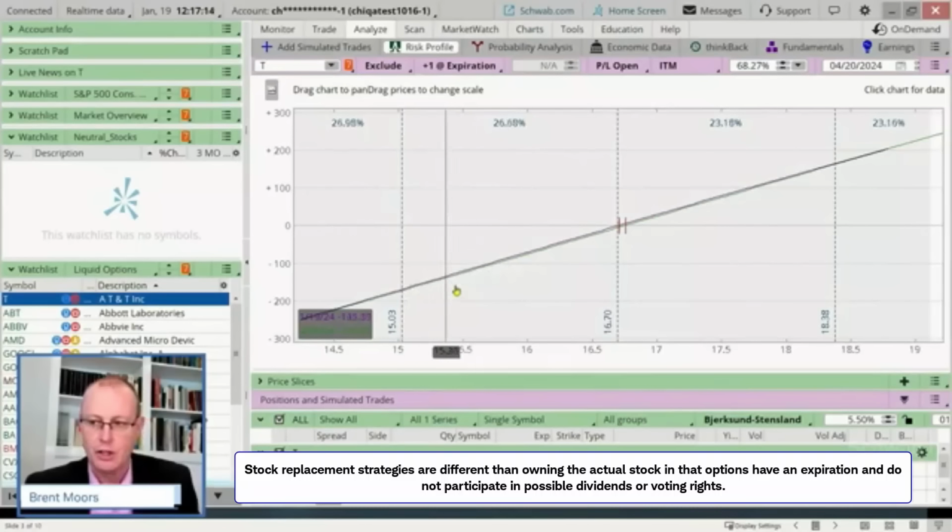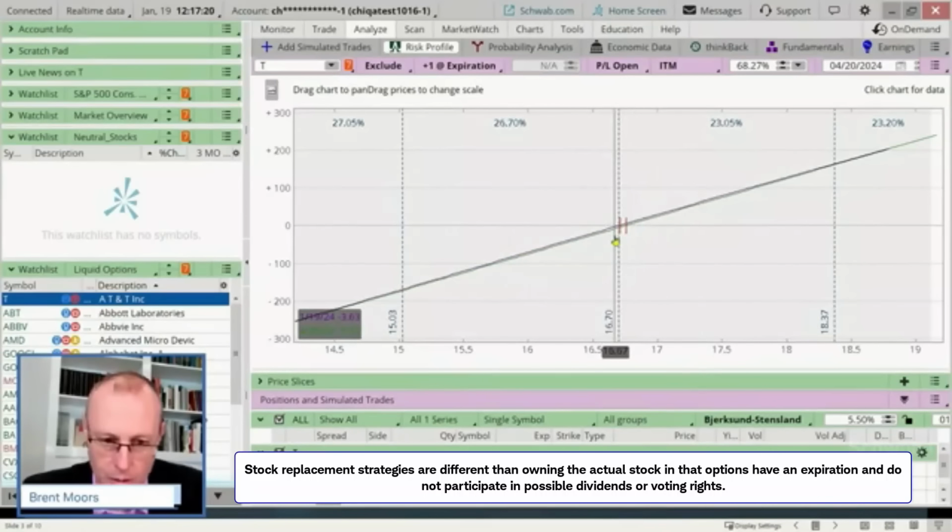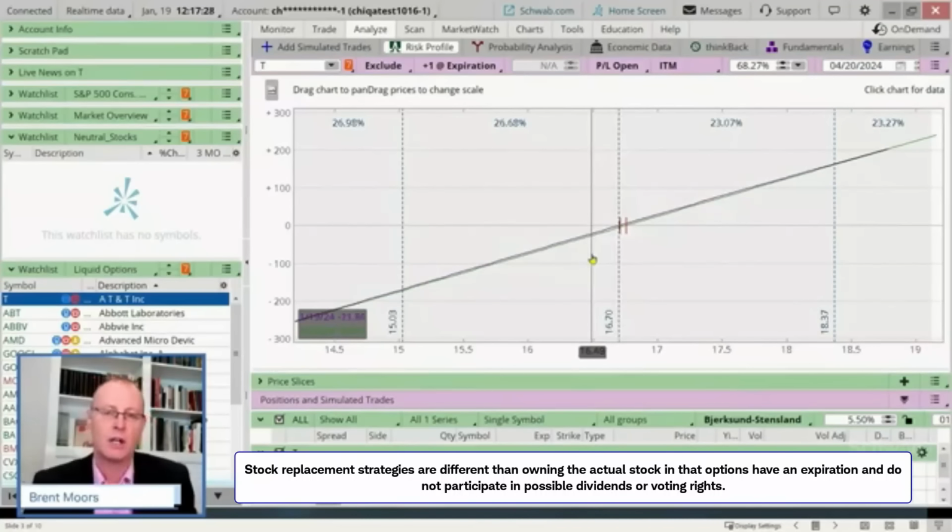Okay? So this was not a long call and a long put. This was a long call and a short put, everyone. A long call and a short put. This is what you call a synthetic long stock. And why is it called a synthetic? Because it substitutes for a stock. Do you see this? This is what a stock looks like. This is what the risk profile of a stock looks like. The more the stock goes up, the more money you make. The more the stock goes down, the more money you lose.